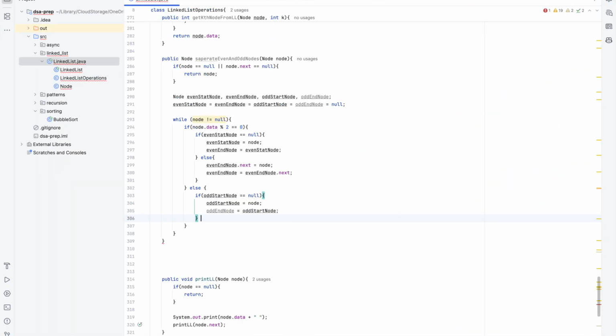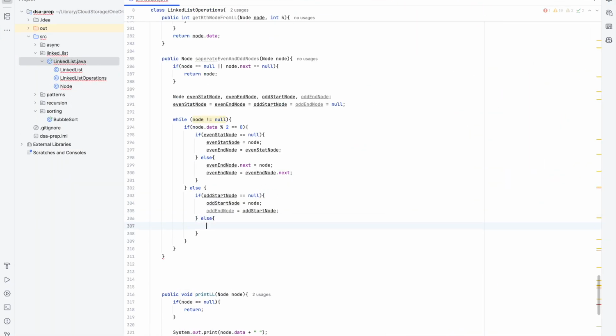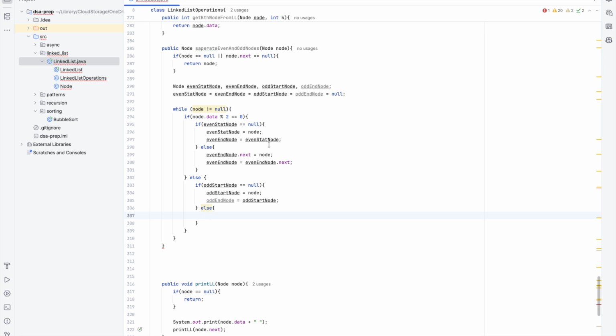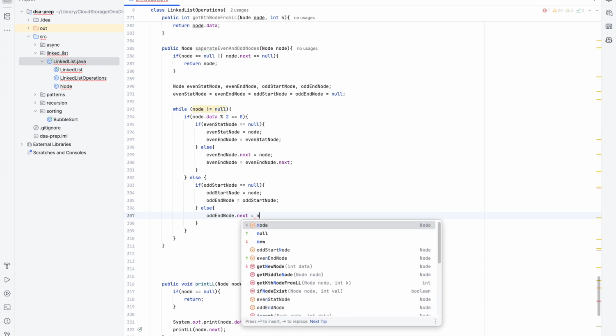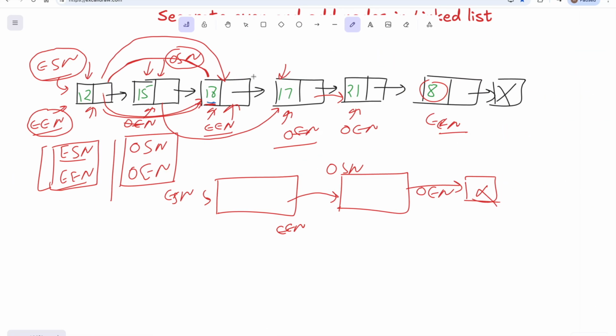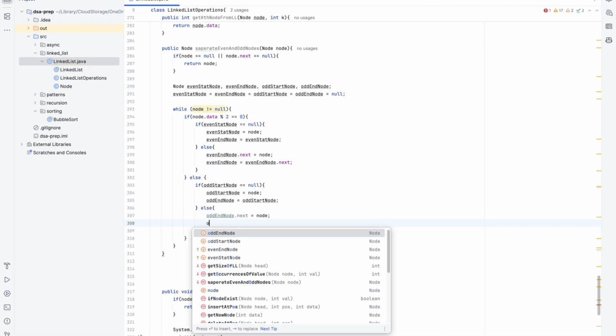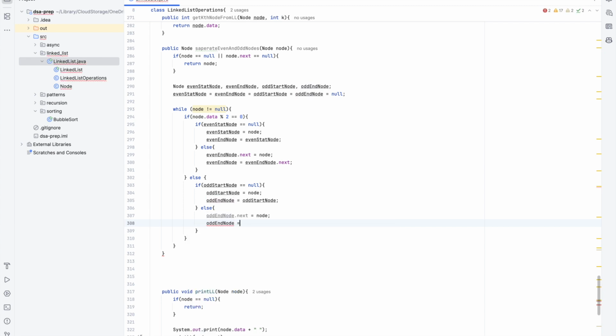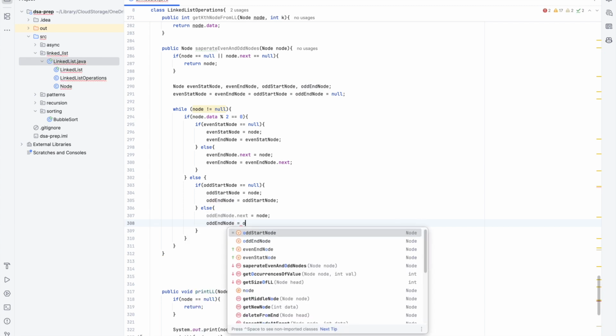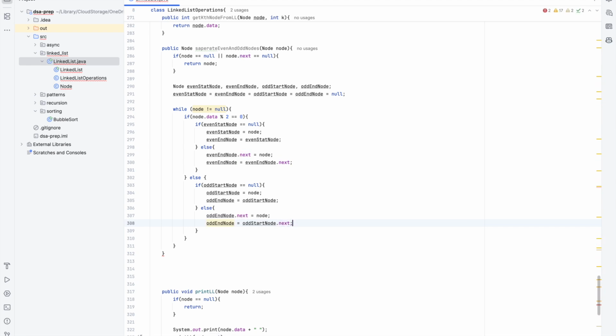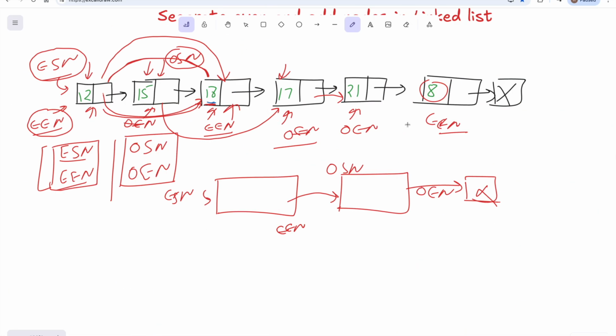Okay, if it's not the first odd element, then simply the same: odd end node dot next will be pointing to the node, so that you'll be establishing this particular connection, and then odd end node will be pointing to odd end node dot next, so that we'll be moving this end node also one by one.